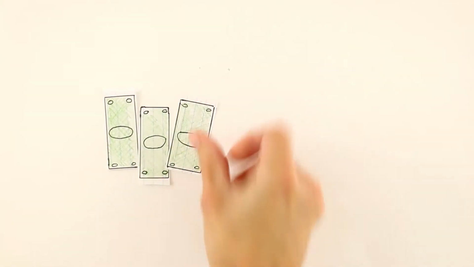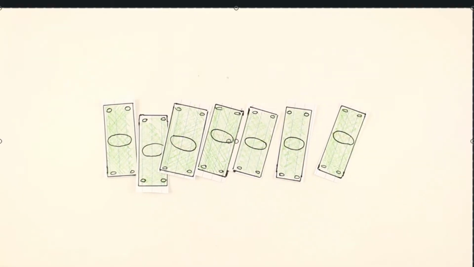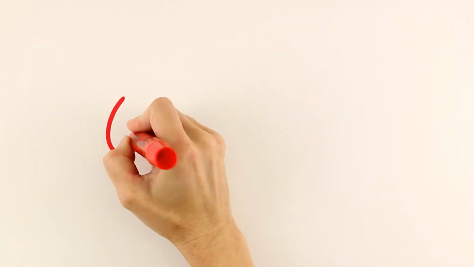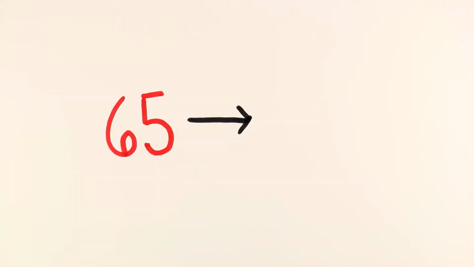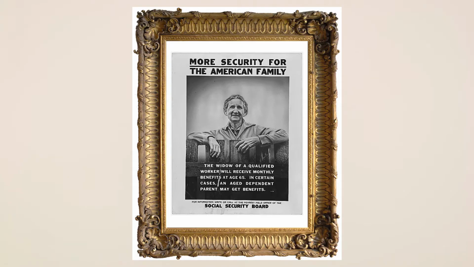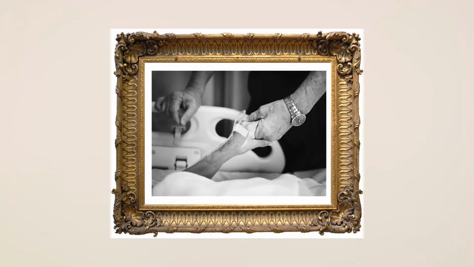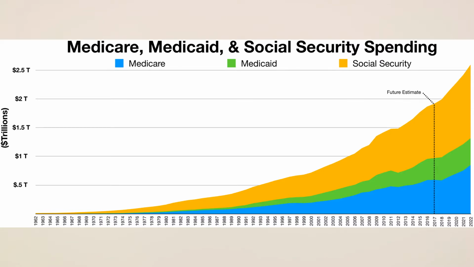The government spends a lot of money on Social Security, and some people worry the program will run out of funds. Congress has already voted to increase the age you can begin receiving benefits from 65 to 67, and more changes will need to be made to continue the program. On a similar note, Medicare is a program that helps elderly Americans pay for health care and hospital bills. Like Medicaid and Social Security, it is an expensive program.